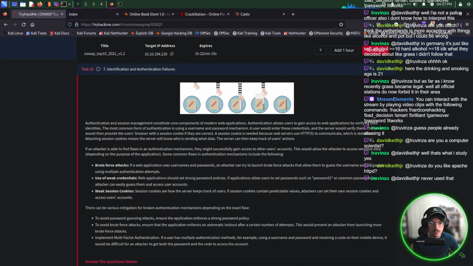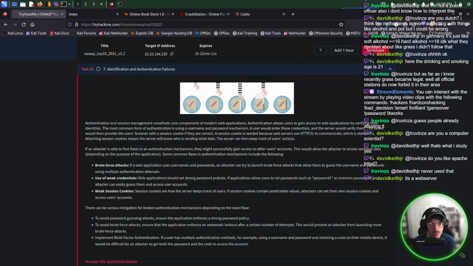A session cookie is needed because web servers use HTTP to communicate, which is stateless. Attaching session cookies means the server will know who is sending what data. The server can then keep track of users' actions. If an attacker is able to find flaws in an authentication mechanism, they might successfully gain access to other users' accounts. This would allow the attacker to access sensitive data depending on the purpose of the application. Some common flaws in authentication mechanisms include the following: